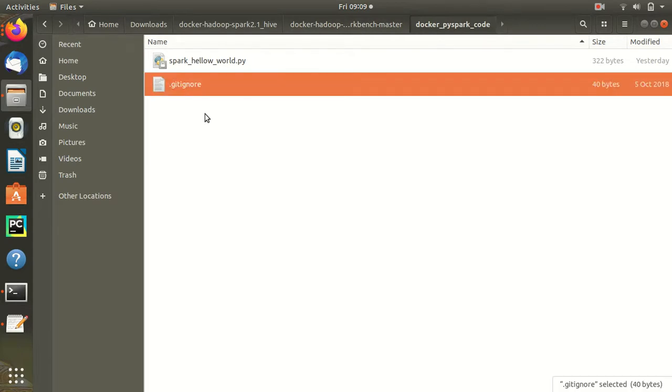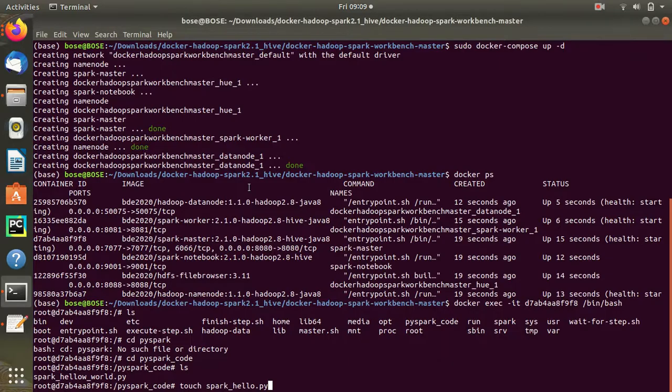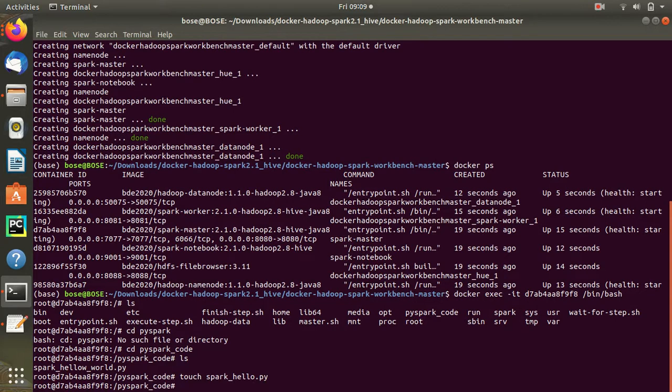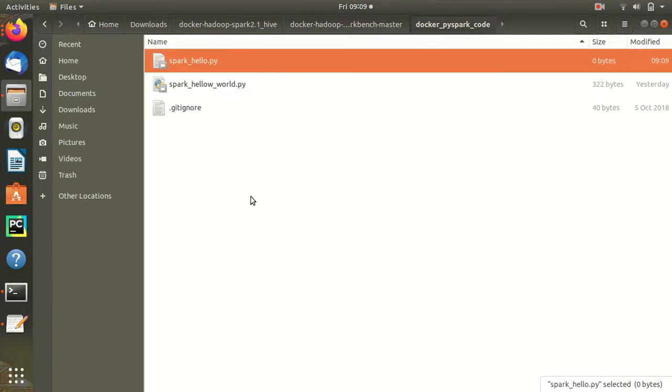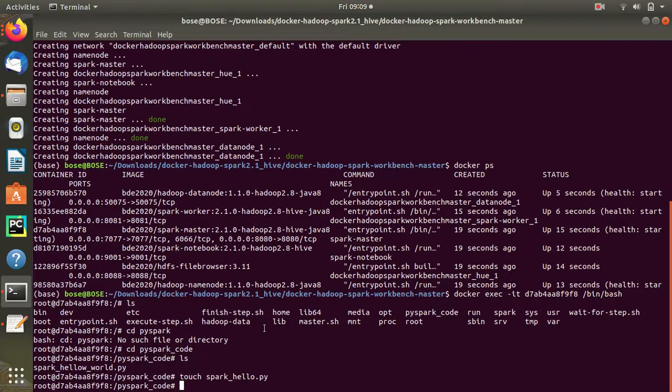That's it. And this I have just copy pasted, because I wanted to see whether I can copy paste or not, whether I have permission or not, right? So now I go and I do spark.hello. This is not the W one, okay? This is the normal one. So once I do the touch and I do the command, I come back to my local machine. See, another file got created. So the advantage of this is, tomorrow my container goes down, no problem, my code will be there with me, right? So that is the advantage.